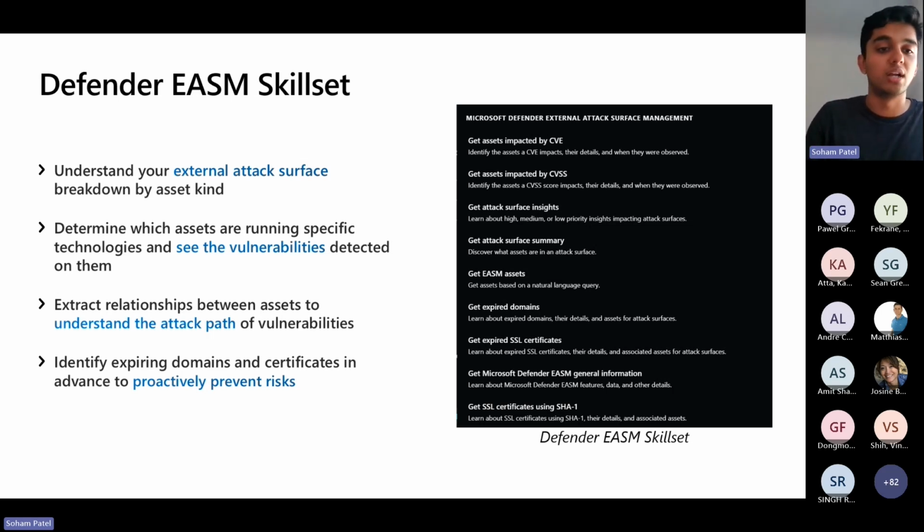So from there, you can determine what assets are running specific technologies and then figure out what vulnerabilities are detected on them, or identify expiring domains and certificates to prevent any sort of risks. Yeah, so I think that is the overview I had for the skill set, and now I can dive into a